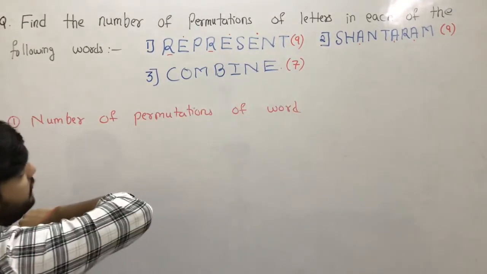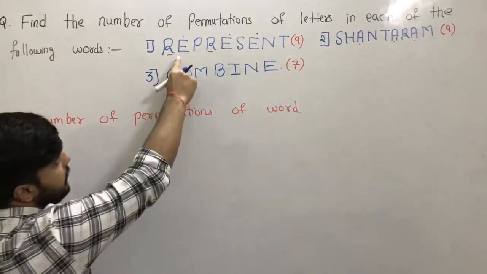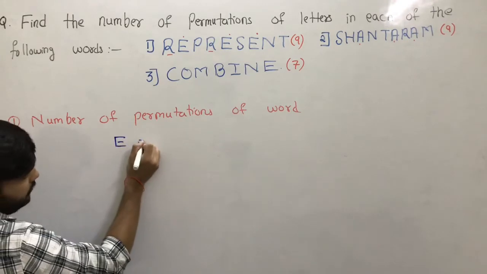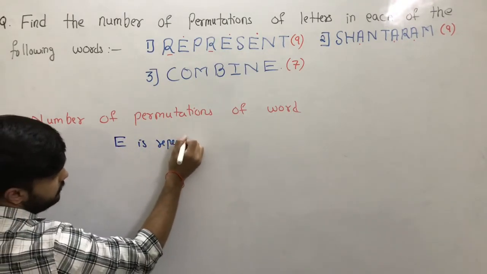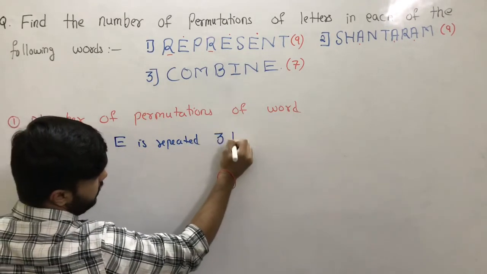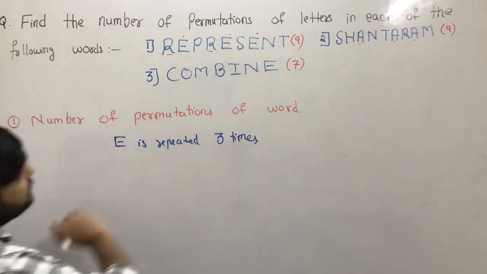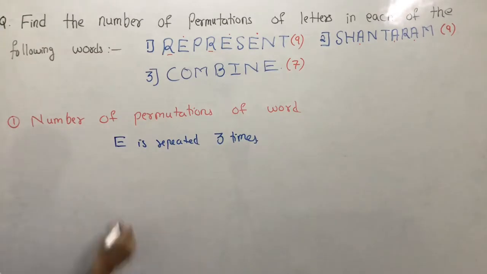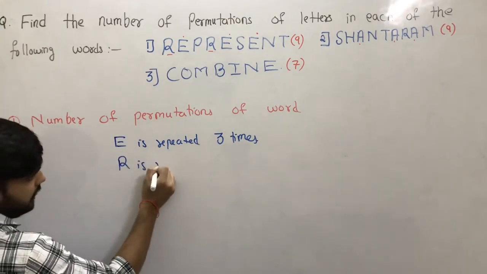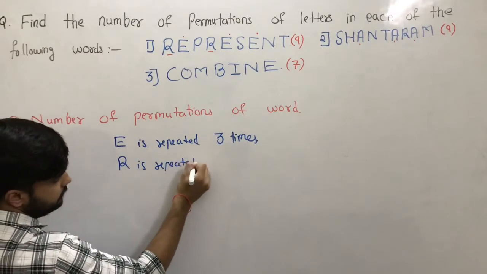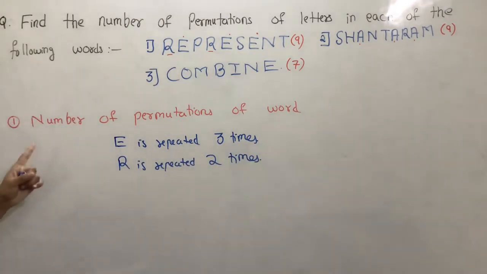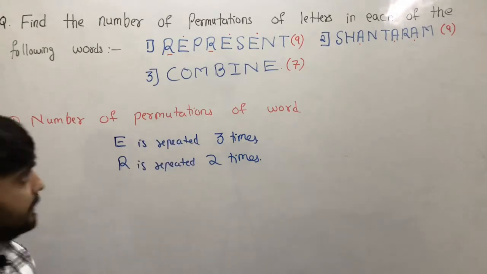The first word which they have given is represent. In represent we can observe that E is repeated 3 times. Similarly, R is repeated 2 times. So the number of permutations of the word represent